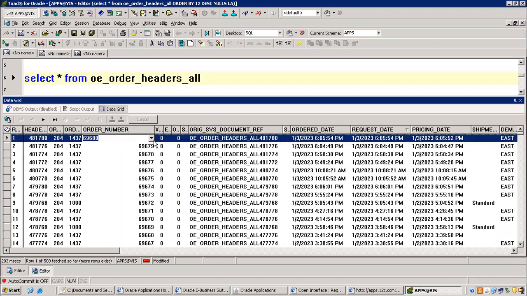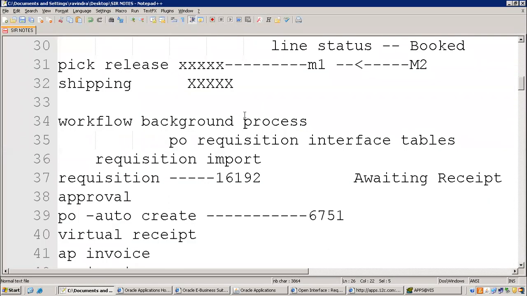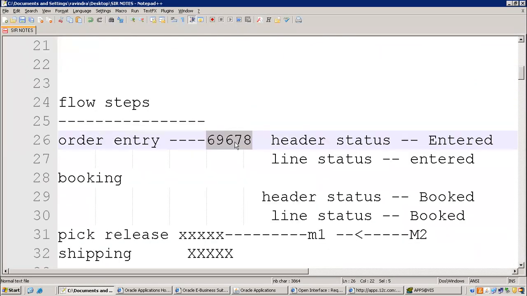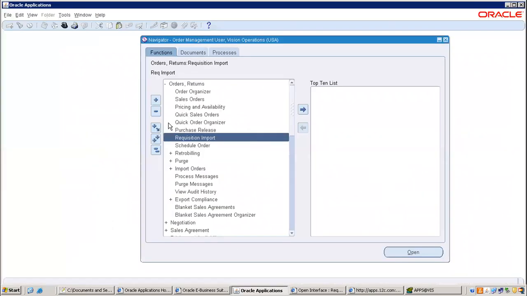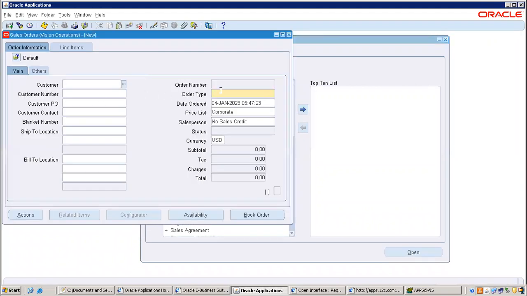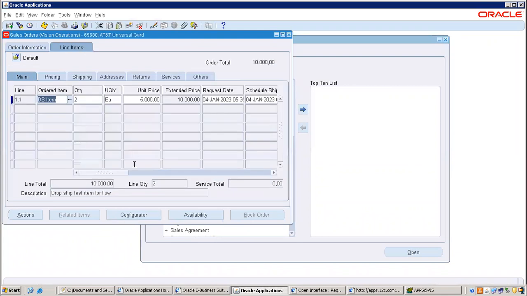69680. The same we have checked. Strong, right? We could have changed this. Anyway, go with 69680. Whatever the error line we have verified, that we try to modify. That's wrong actually. So now 2, right? This is the quantity. I'm making it 5.